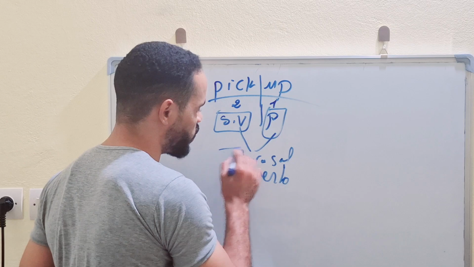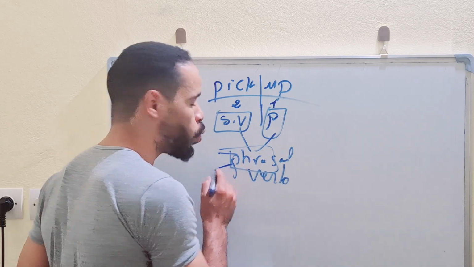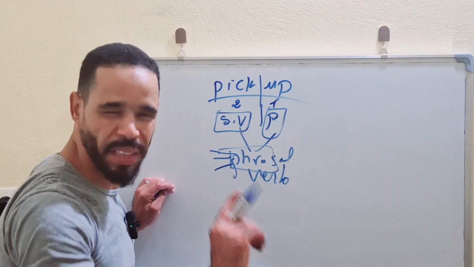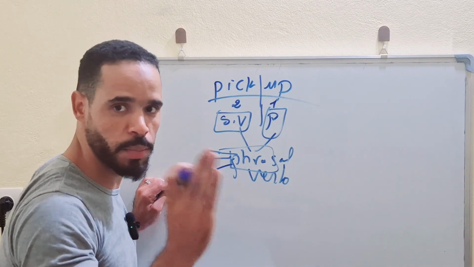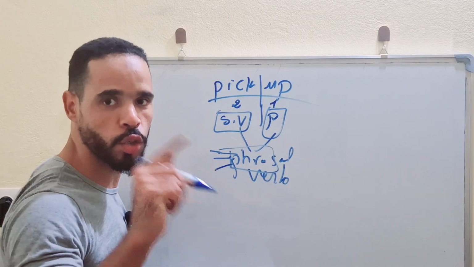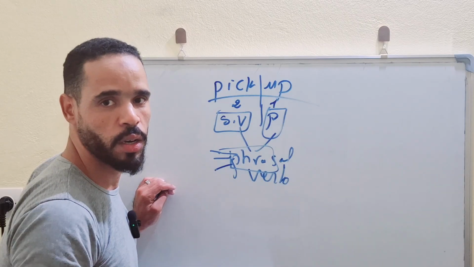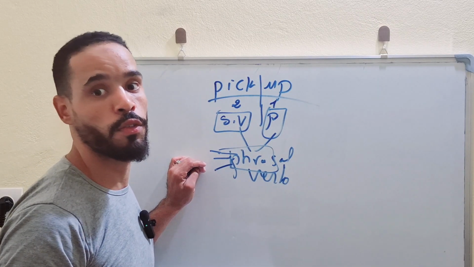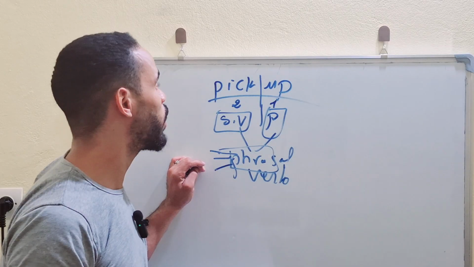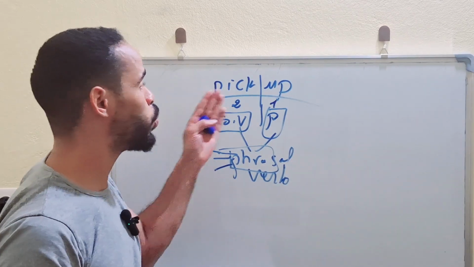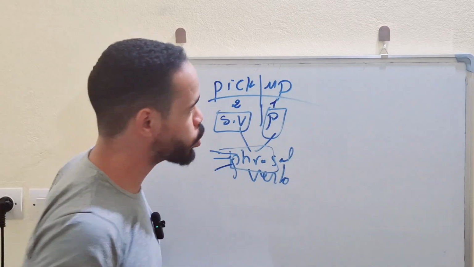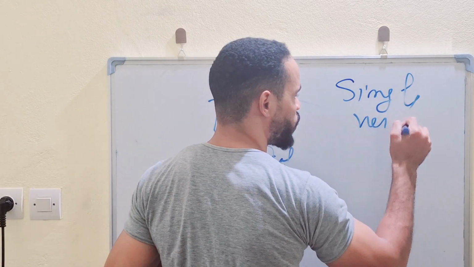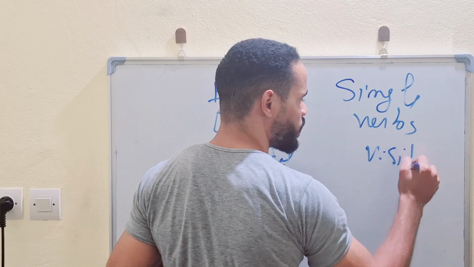Why do we call them phrasal verbs? Because phrase means two parts, or sometimes three parts, but not one part. This is why we call this type of verbs phrasal verbs, because they are made up of two parts. In English also we have another type of verbs, we call them single verbs, like visit, like